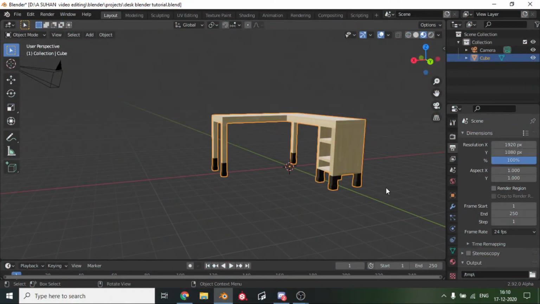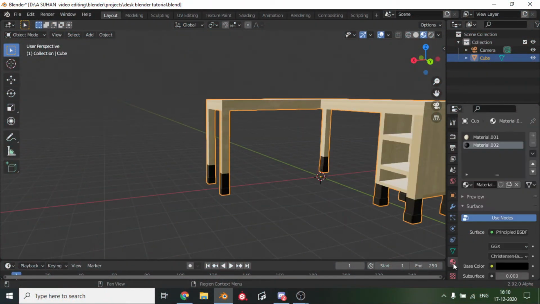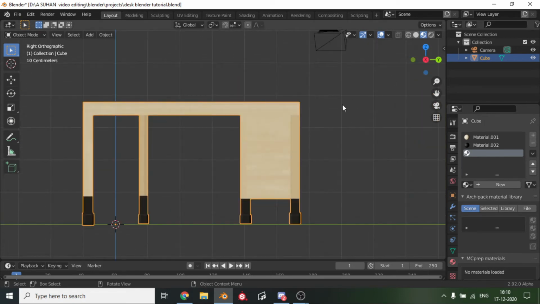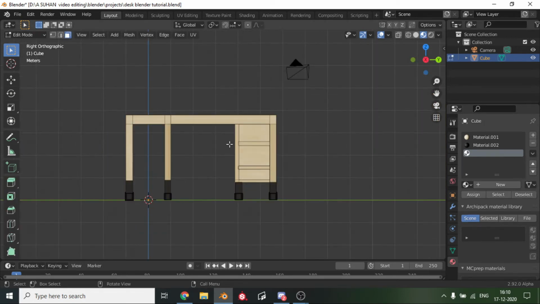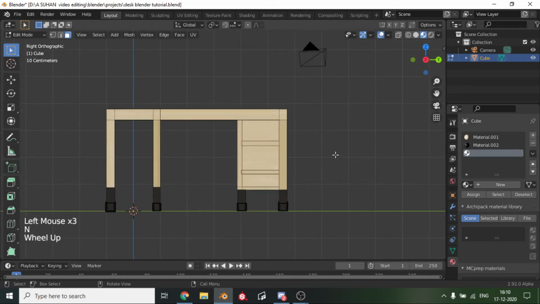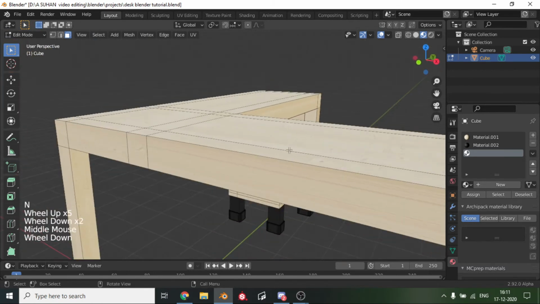Alright, so we textured this and now we can pretty much move on with the new texture. So we'll add in a new texture and we'll make it like Ikea style looking. So for that I would recommend you to take tab into edit mode. Screencast key, stop irritating me. Okay, last operator and okay. So you want to